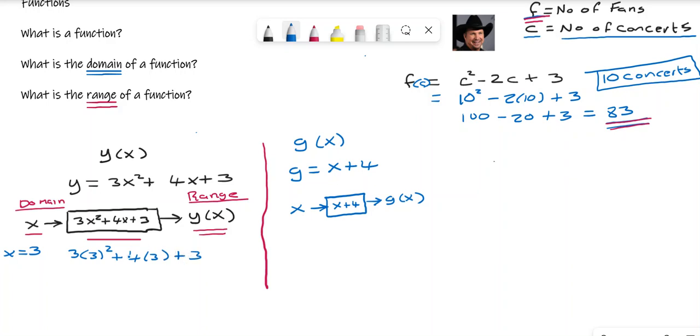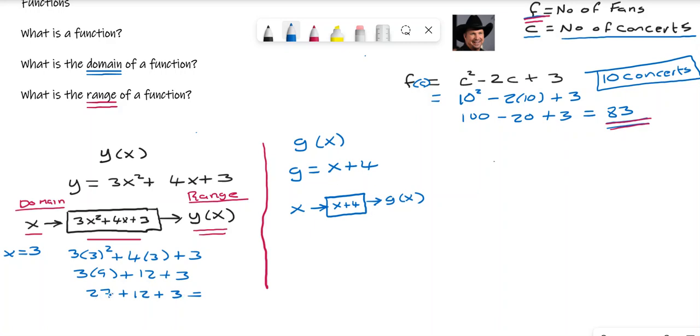Okay, so this is the process, or how the function is going to work on this input. So that would be 3 times 9 plus 12 plus 3, and 3 times 9 is 27, plus 12 plus 3,